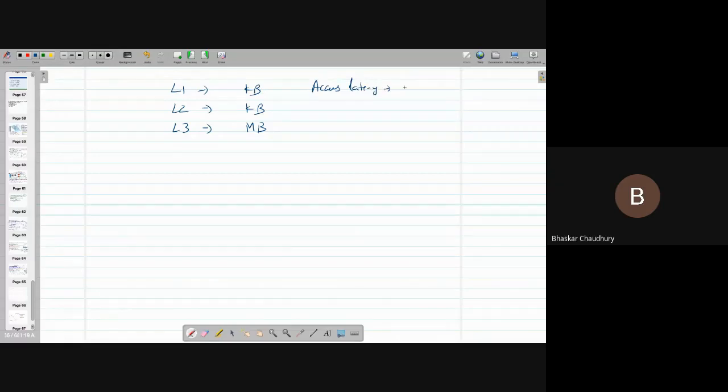Access latency: let's say, I'm just giving some number, it is 4 cycles, so what is the access latency for this? Maybe it will be some 30 to 40 cycles probably. And then also you should look into the memory. Luckily we have a very big memory nowadays, it's in gigabytes. And then you should also look into the latency, which will be a few hundreds of cycles.